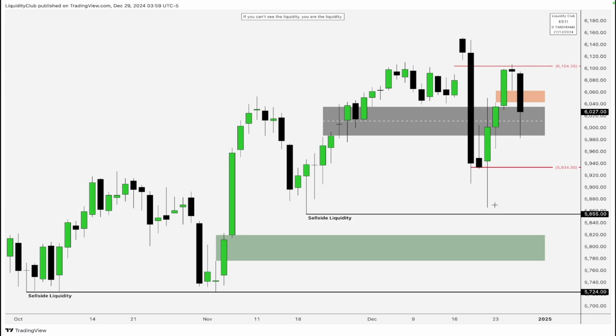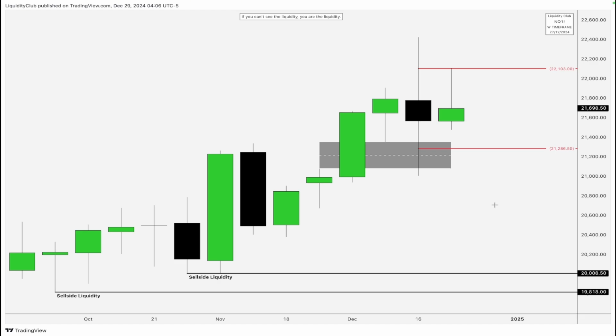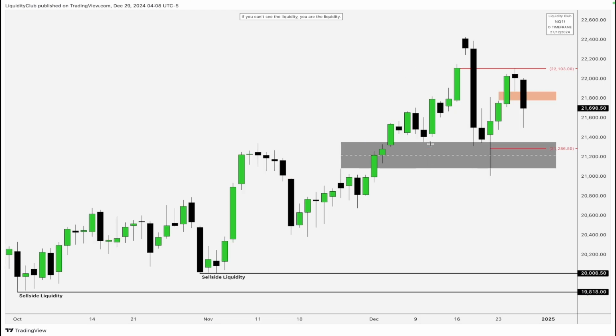Going to NQ, here I'm viewing the continuous contract and I'm viewing the weekly time frame chart. The same thing is mentioned here for NQ. We're stuck between these two levels, the consequent encroachment or the midpoint of the premium wick and the discount wick. Going to the daily time frame chart, you can see how price traded up higher, reached the level that corresponded to that premium wick and started breaking down lower, closing below this BC, which is buy side imbalance, sell side inefficiency. That makes it an inversion fair value gap. If price retraces, I'm looking for this area to show us some kind of resistance that can send price down lower towards the sell side liquidity. That's going to be pretty much it for NQ.